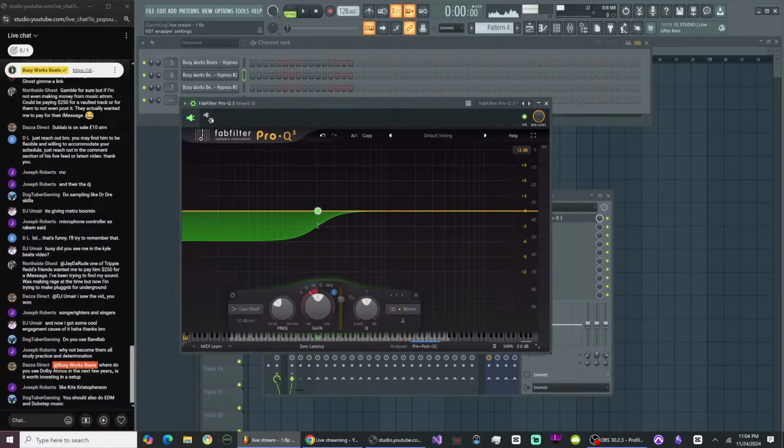All right, so that is that. I don't want that to control that, so let me unlink that so it doesn't mess anything up. How do you remove links? I don't even know. I don't know how to remove it, so hopefully it removed it. Let me see. Nope, still linked. All right, let's start a new track because I don't even know how to unlink that. I don't want that to mess up anything.